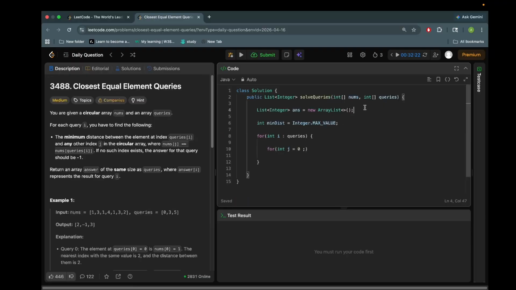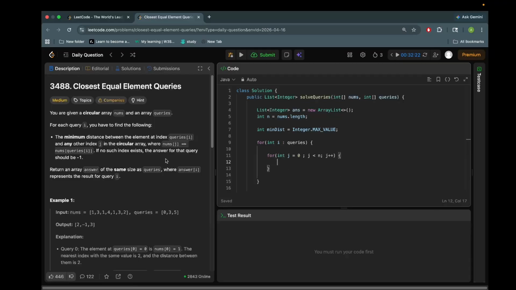Let me have integer n equals nums.length, right? And I want to loop while j is less than n, j plus plus. So for each query, if nums bracket j